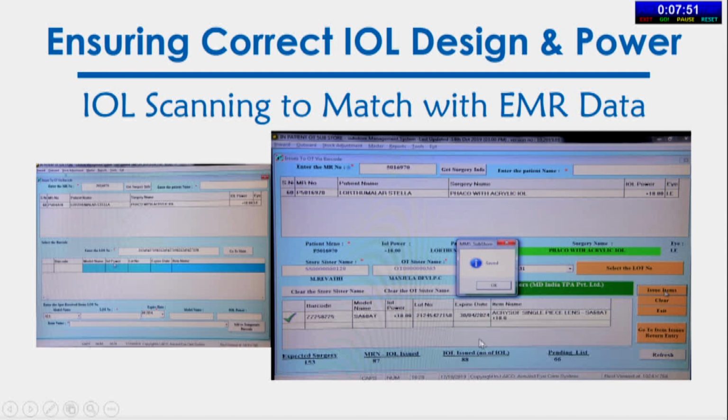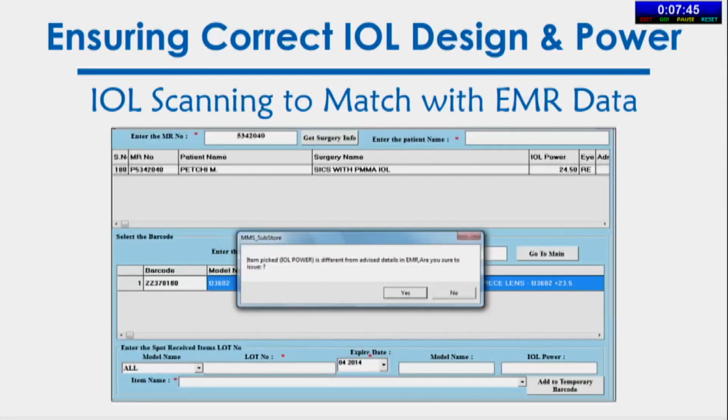But once you scan, you get this populated, and you can compare, as well as this also saves that this has been saved. Now, with this tick mark, you choose whether you want to save this or not, and this lens can be issued. Whenever there is a difference in the power of more than 0.5, there's a warning. And if you are deliberately doing it, then you can say you want to go ahead with this, or you can stop at this and correct your error.